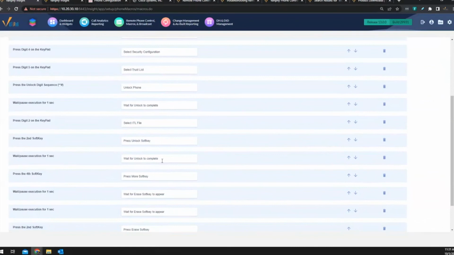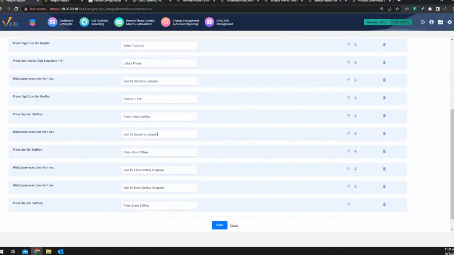And then it's basically another wait pause for the unlock to complete. And then you're going to wait for the erase soft key to appear. And then that's another wait pause. And then you're going to hit that erase soft key. It's going to delete the ITL. It's going to reset the phone and take a few minutes to come back up and pull a new ITL.